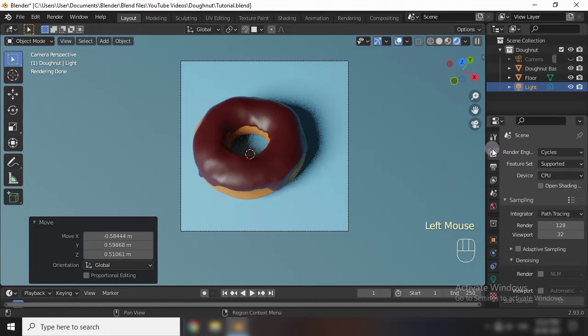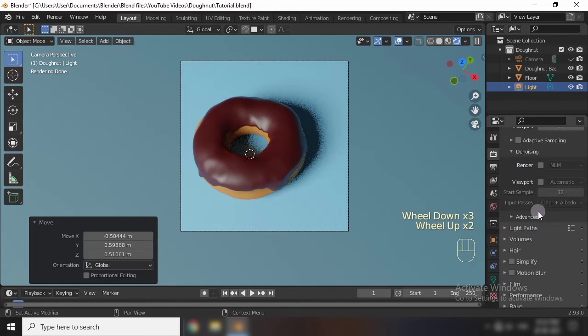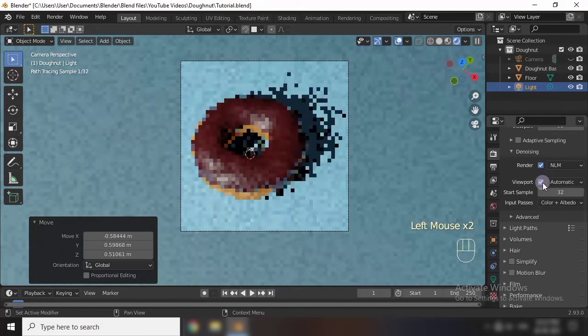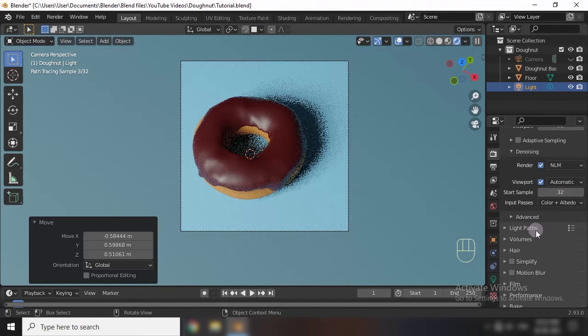If you go to the render properties, you can see denoising here. You can denoise from it. There is a render denoising and a viewport denoising. If you click on viewport denoising, by default the start sample is 32, but you will get 1. I give the amount 32, and in render you can also denoise,